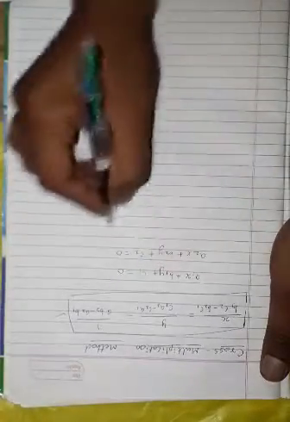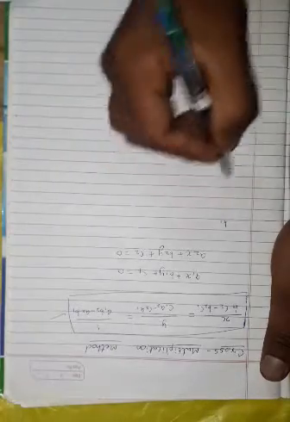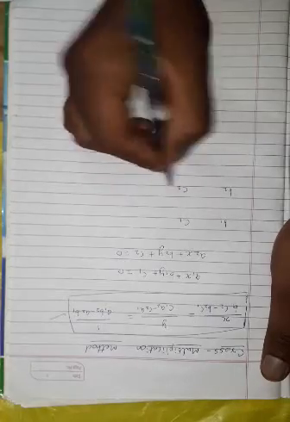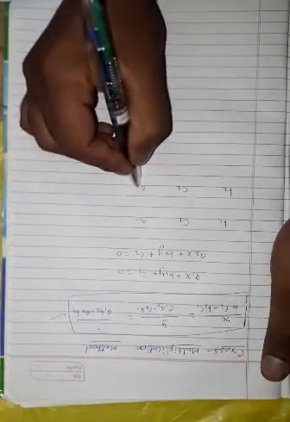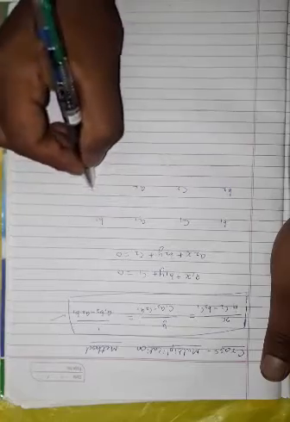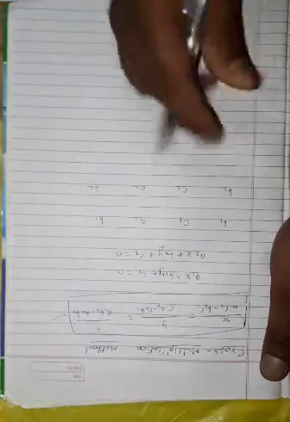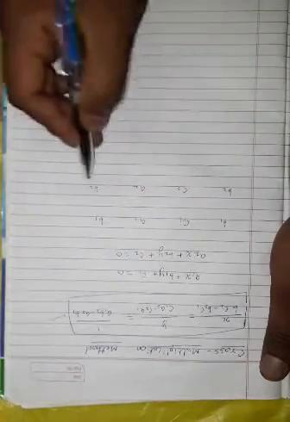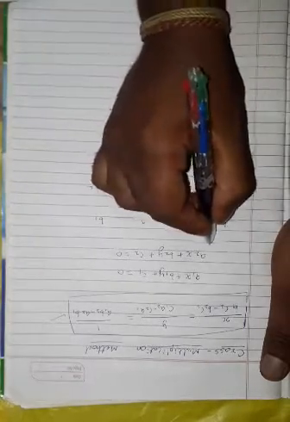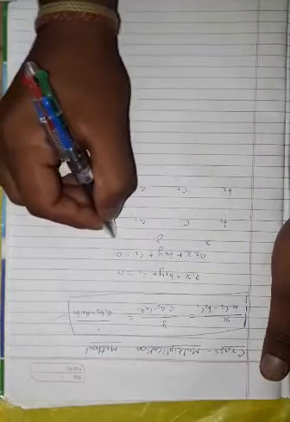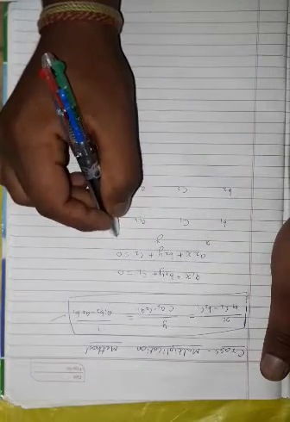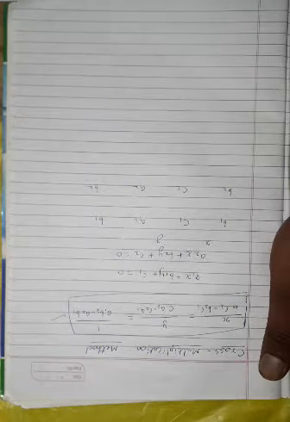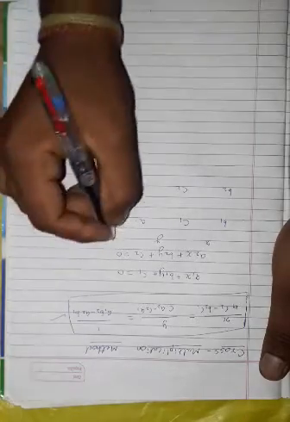This is the standard form. From here you start with b1 b2, then c1 c2, then a1 a2, and finish with b1 b2. Start with b1 b2 and finish with c1 c2, writing in order b1 c1 a1 b1, b2 c2 a2 b2. Here the column is for x, this one for y, and this one for the constant, which we take as 1.